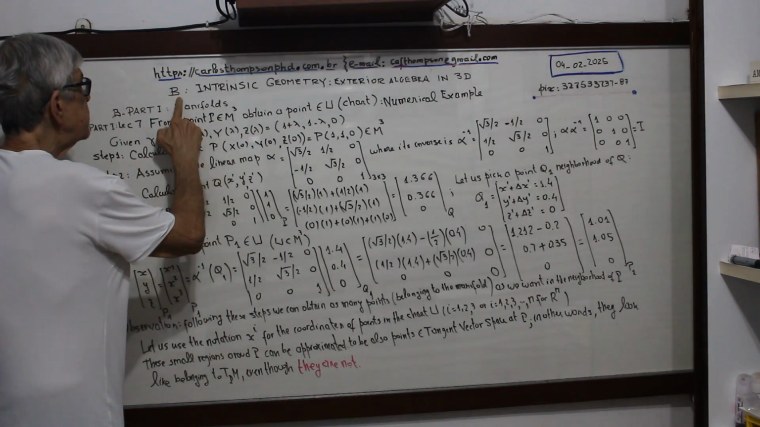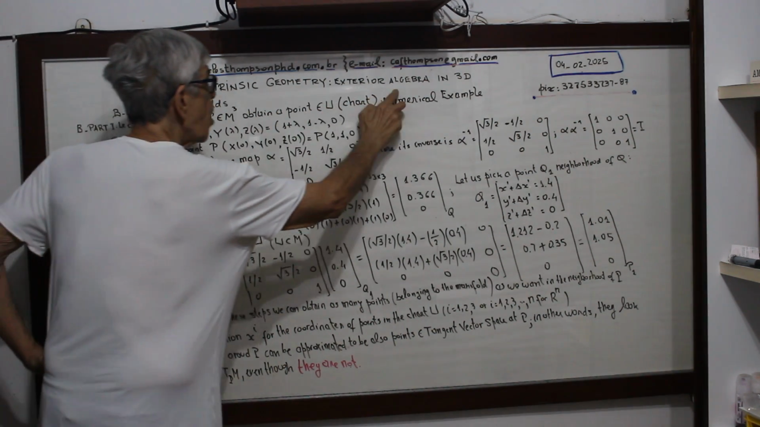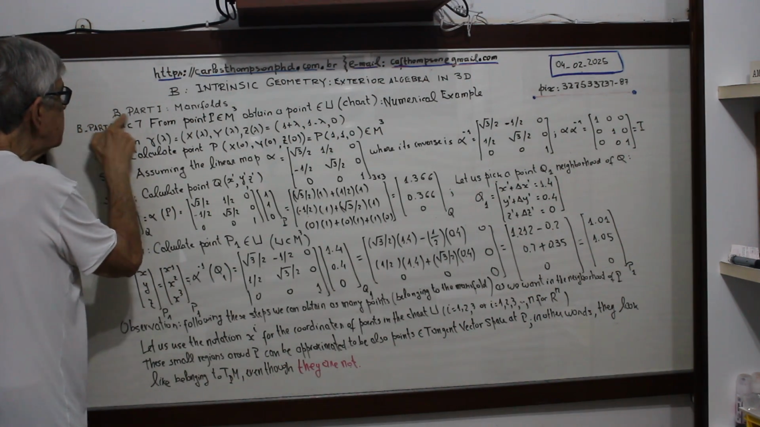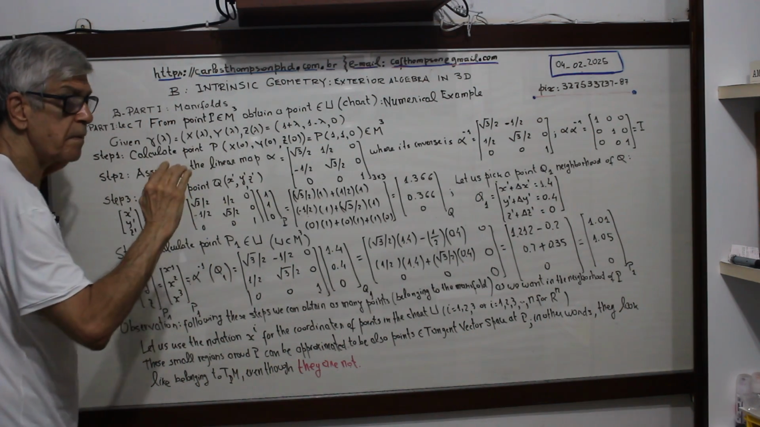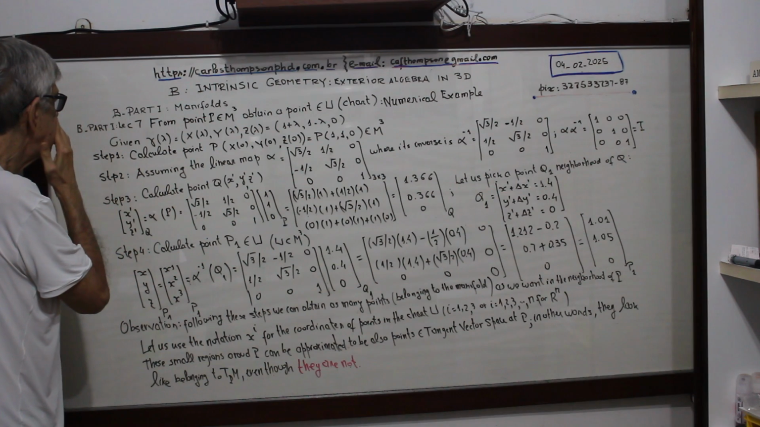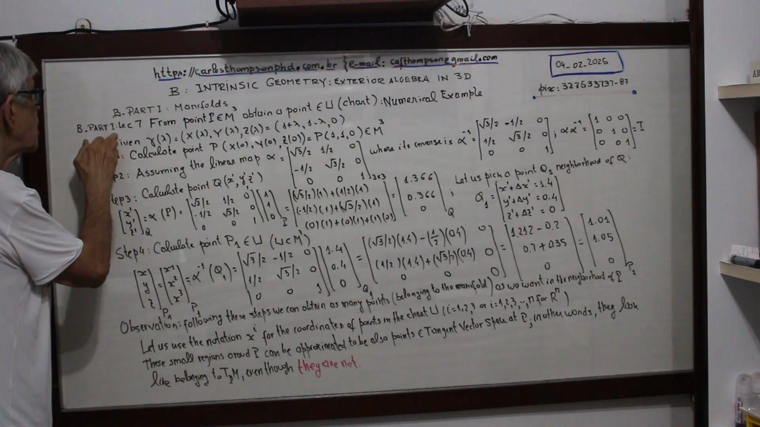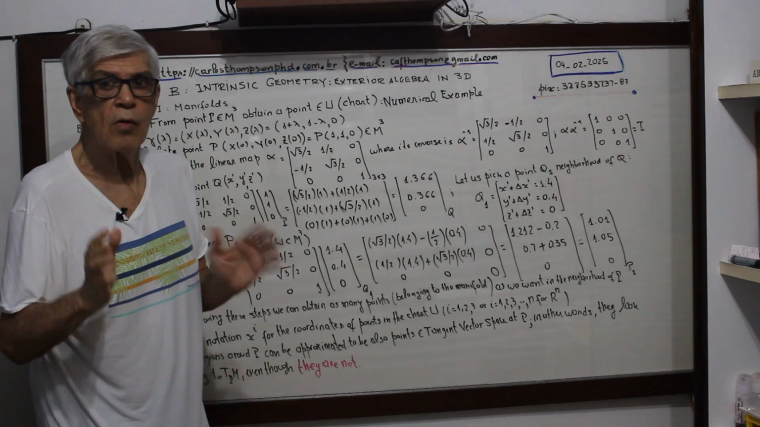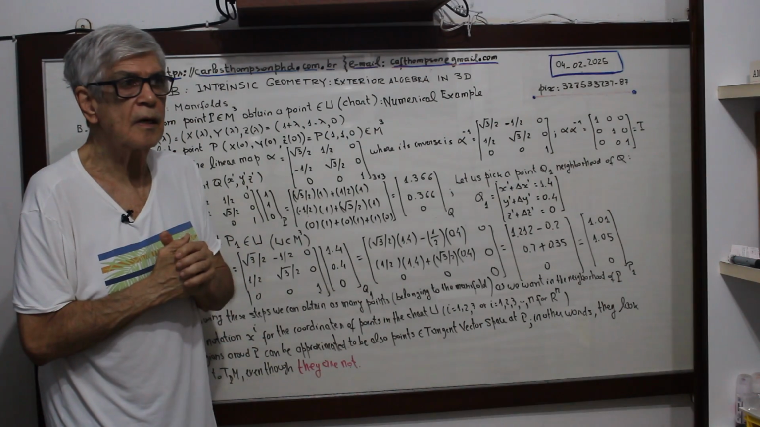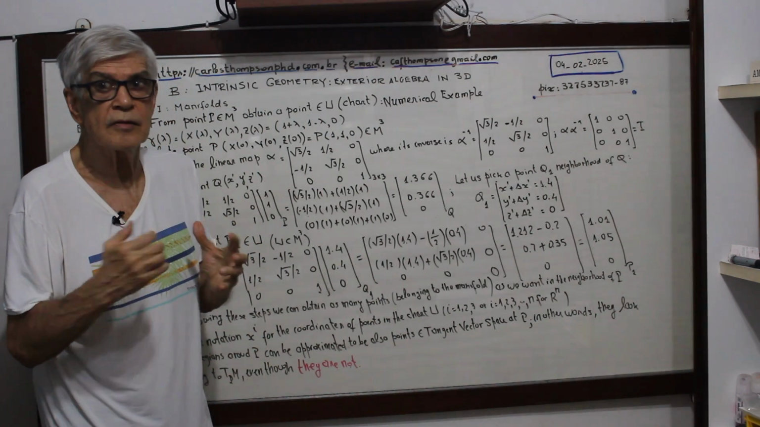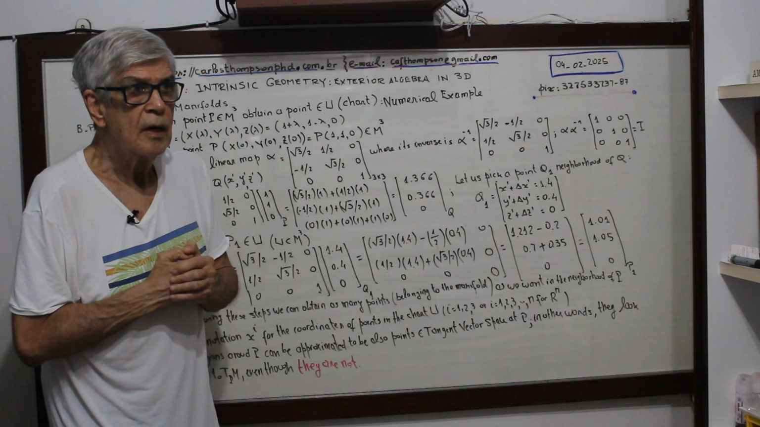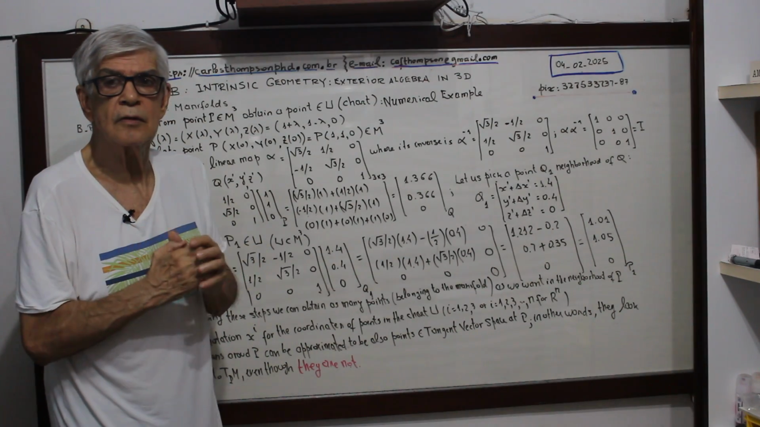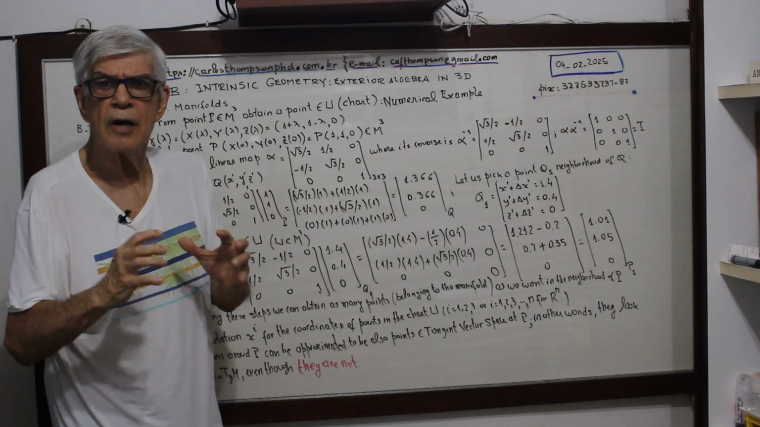So, item B, intrinsic geometry, exterior algebra in 3D. Now, item B, part 1, we will talk about the manifolds in general. This B, part 1, is lecture 7, you see? Attention now, from lecture 6, okay? I emphasized that lecture 7 is very important because it is applied to a very simple numerical example,